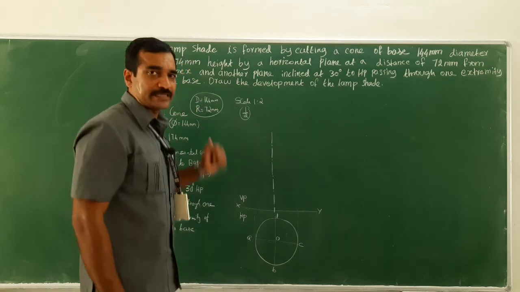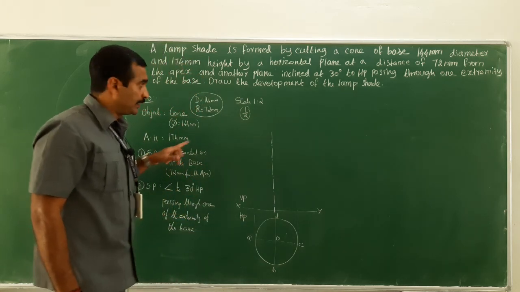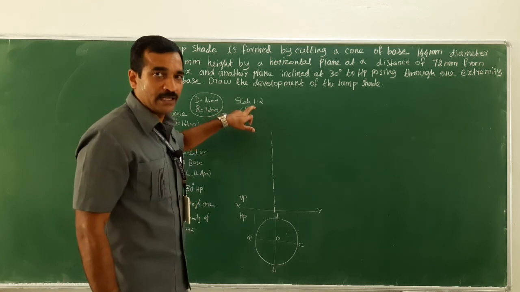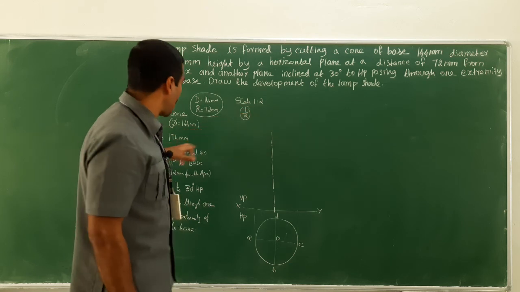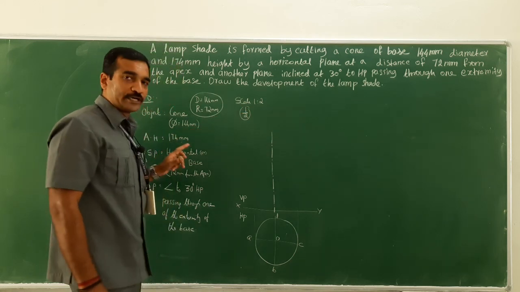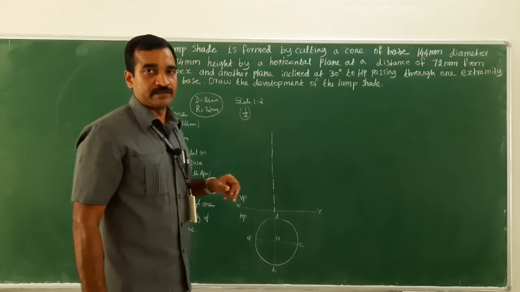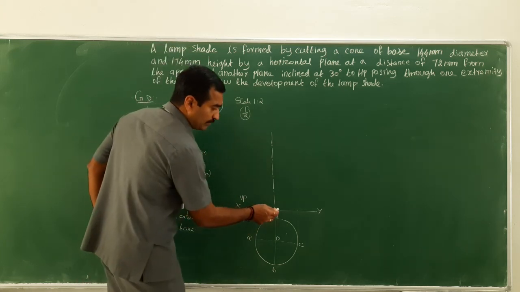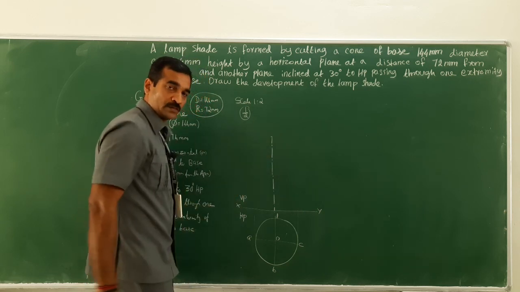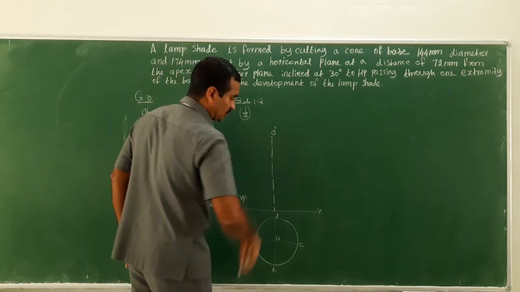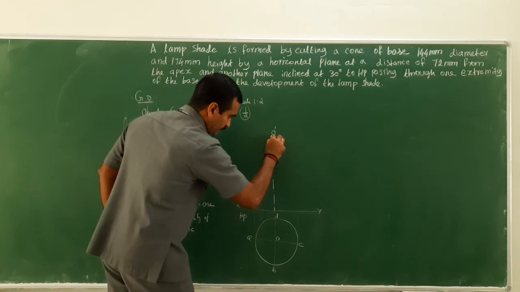What is the axis height here? The axis height is 174 mm, but you have considered the scale. Therefore, you have to choose the appropriate scale here, 1:2, the half of it. 174 divided by 2, which could be 87. So take from the base and cut an arc. This would be O dash. Now close the boundary.